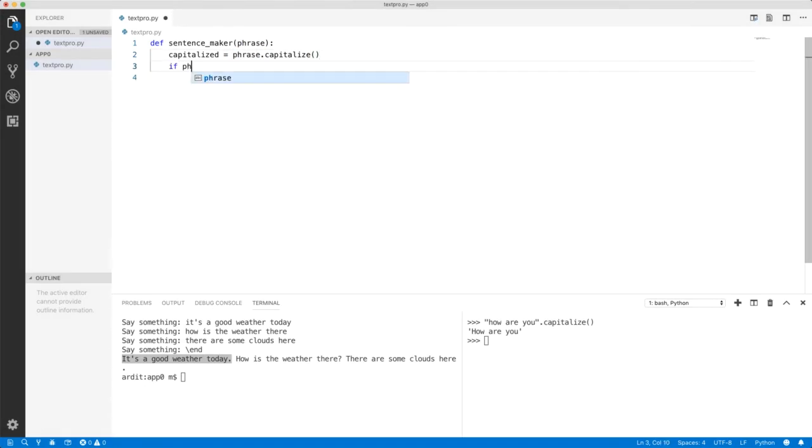If phrase... So how can we differentiate between questions and simple sentences that end with a period? Well, there may be different ways, so that depends on the programmer and how sophisticated you want to be. But let's keep it simple, and let's say that questions are all those that start with an interrogative word,